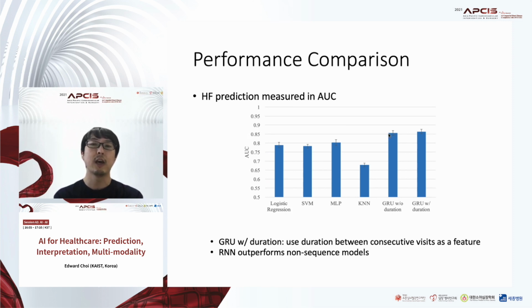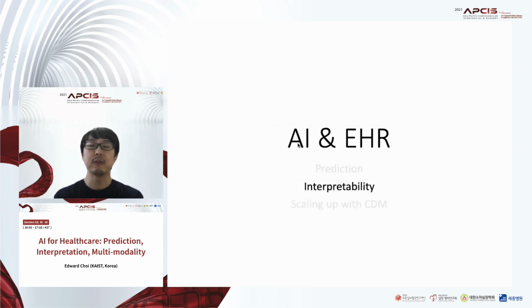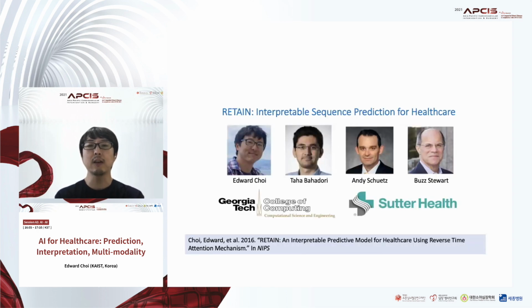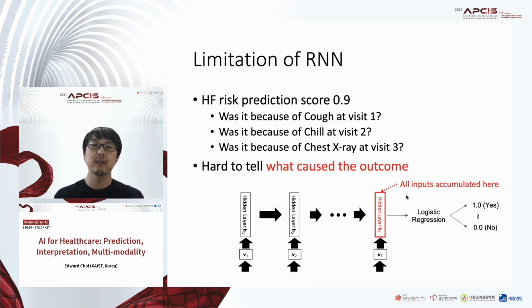You can see that the AUROC is above 85, whereas logistic regression is below 80. So clearly there's some potential with deep learning. But the problem is that there's some interpretability issue, as Dr. Guan actually discussed before my session. So in order to tackle that, what I did is, the question is, if the model makes a certain prediction, then